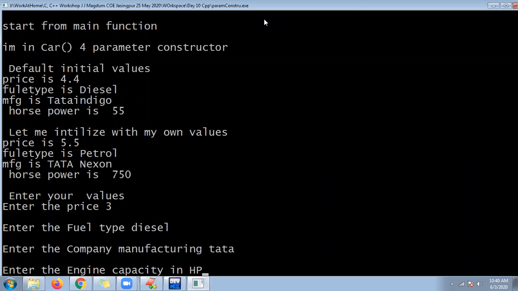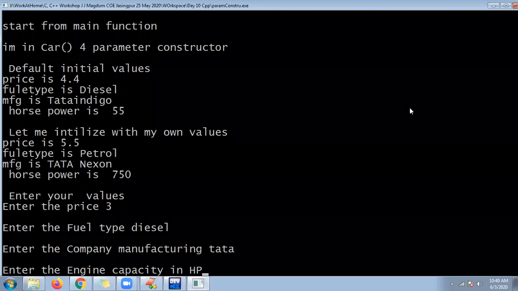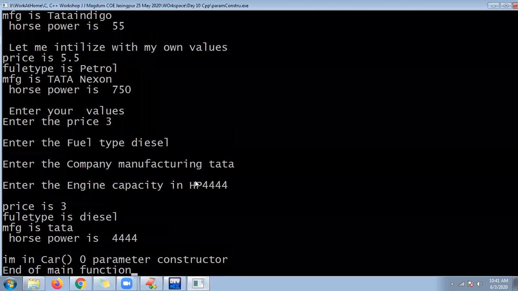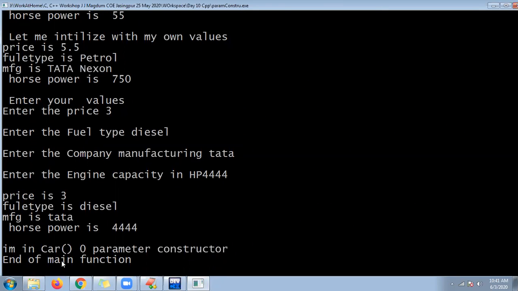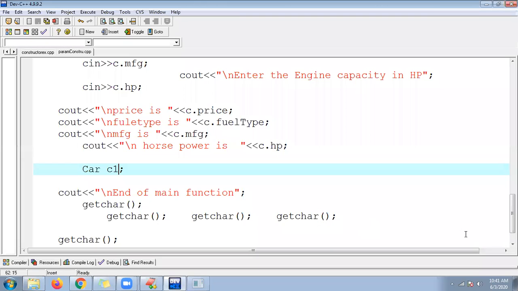Okay, guys, you can see here HP, somewhat HP. You can see here I am in the zero parameter constructor. Is it invoked or not? Understood? Clear? Yes, sir. Okay, boss. Fine. Now let us see one more part. Sir, clear, hello.